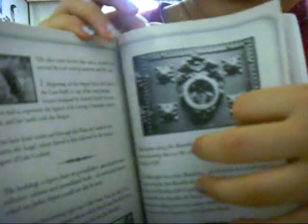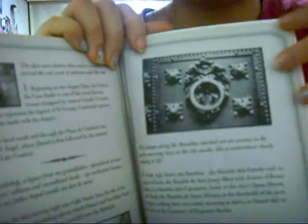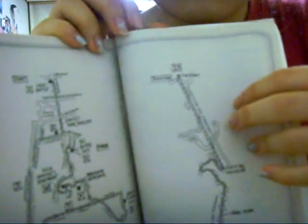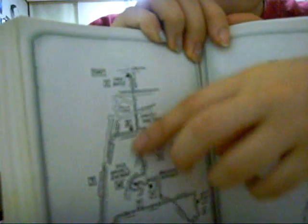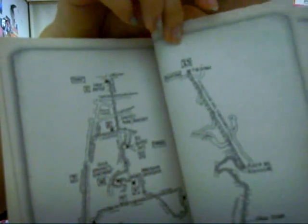And what also is great about this book is that at the end of the book, it basically goes through the whole story, but shows you little clippets of Barcelona and the setting of the book that the author wanted to depict. And they even have a map of the whole story. So it says The Shadow of the Wind, and basically it just goes through the whole story in the protagonist's footsteps, which I think is so clever because